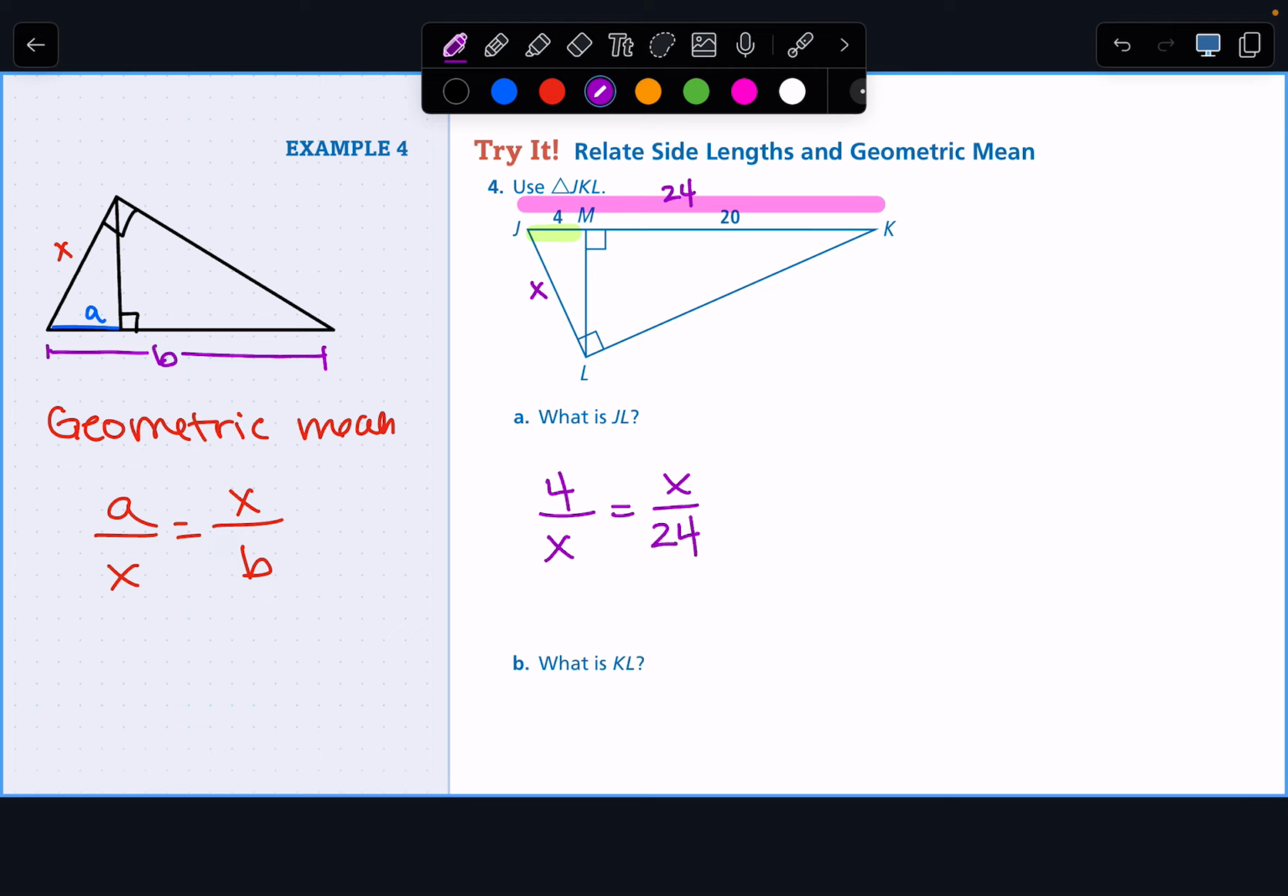Don't worry, guys. I love that you want to work ahead, but wait, okay? When we cross multiply, x squared is 96. And if x squared is 96 and we take the square root,